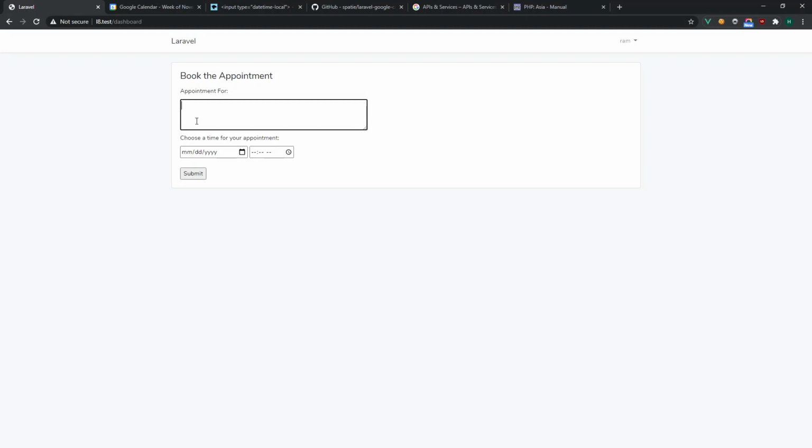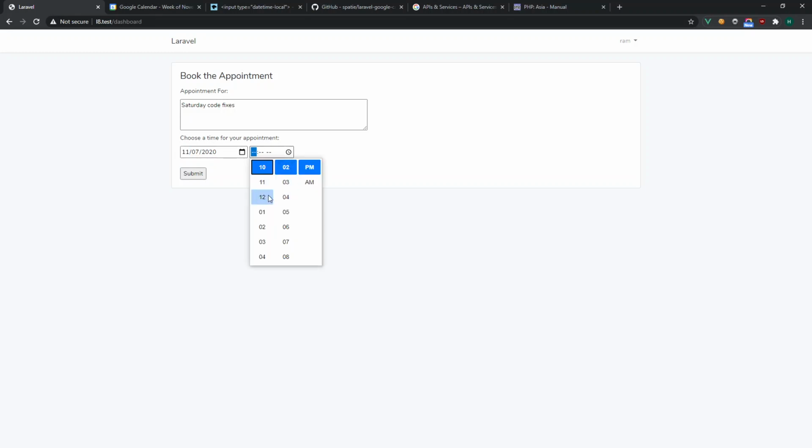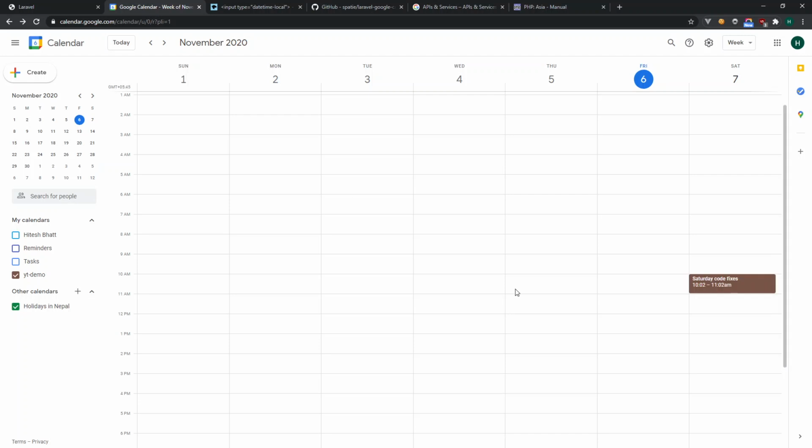Suppose let's say I'm the customer and I want to book an appointment with webdematics. Let's say Saturday code fixes. Let's name it that, and I will choose the Saturday and time. Let's say 10 a.m. and then I submit. I'll get the appointment booked, and if I look at my Google Calendar, I can see this event right over here,